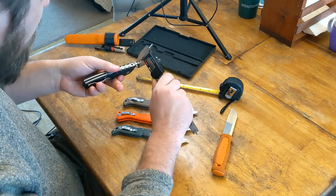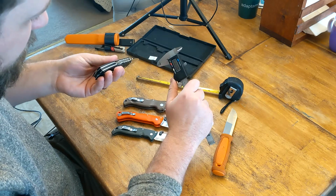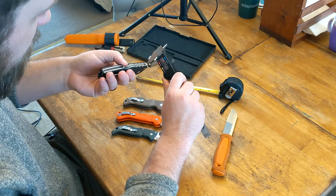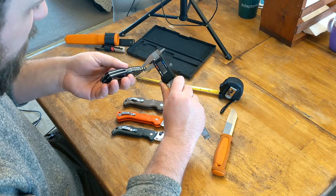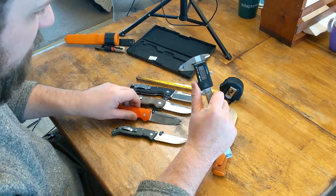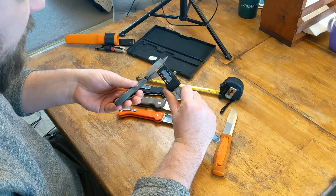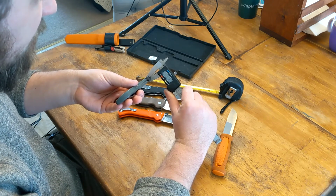So with this guy, I'll go right to the thickest spot. Let's zero this out. Yeah, that's pretty accurate. 0.15, 0.15, 0.13, that's more in the region I'm looking for. 0.12, which is the thickness that is ideal for a folding knife for me. Okay, right around there. I like thinner blades in general,